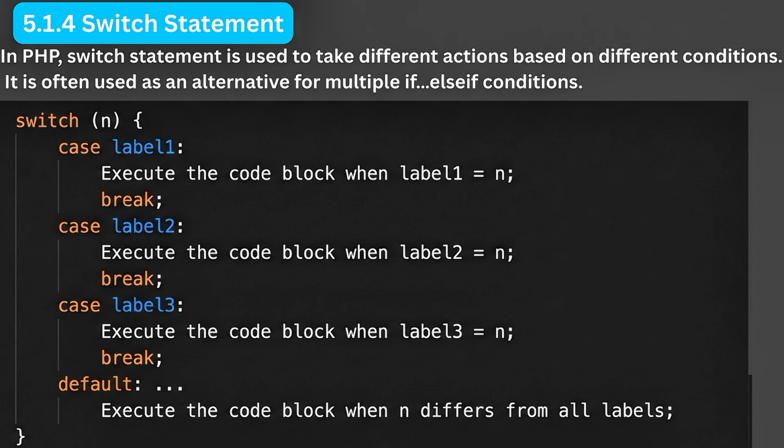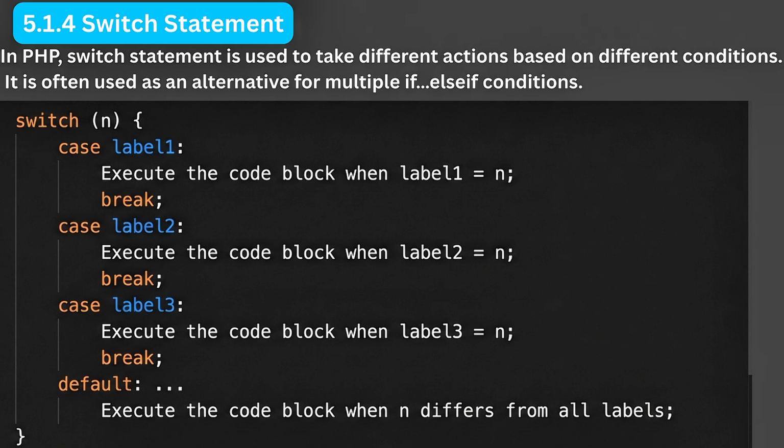The switch statement starts with the keyword switch, followed by the value or variable you want to test inside parentheses. Inside the curly braces, you define several case labels. Each case represents a possible value the variable might have. For example, if the variable equals label1, the code inside the label1 case will run. After executing that block, we usually add the keyword break to prevent the program from continuing into the next case